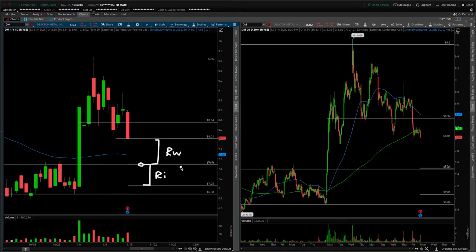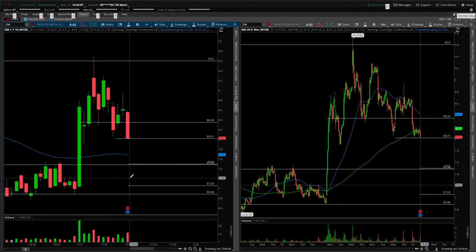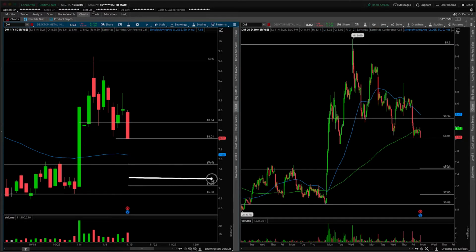The one situation that would make this better would be if by the time the bell actually rings tomorrow morning, the opening print can get closer to the overnight low. In this instance, obviously we do something like this, and now look at your reward, which is here, versus your risk, which is here, right? So that would make the trade much more attractive.